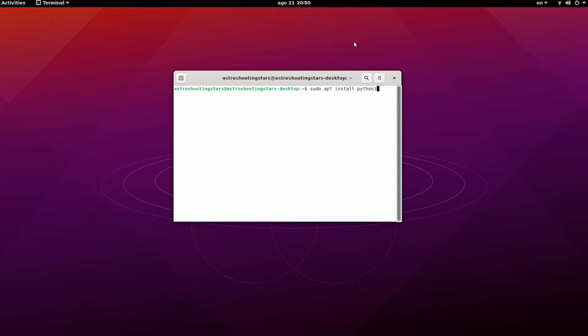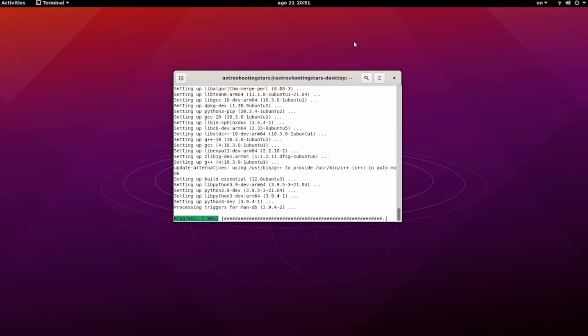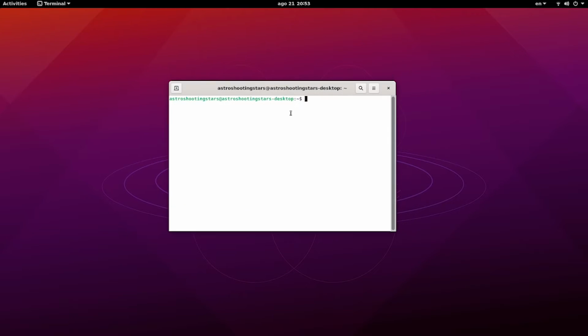Before we install Indy Web Manager, we need to install Python pip. To do that, we have to issue a command called sudo apt install python3-pip. This will download the Python and pip process to install the Indy Web server. It will take some time to download, so be patient and wait. It will download all the required software and drivers and commands that are required to install Indy Web server.